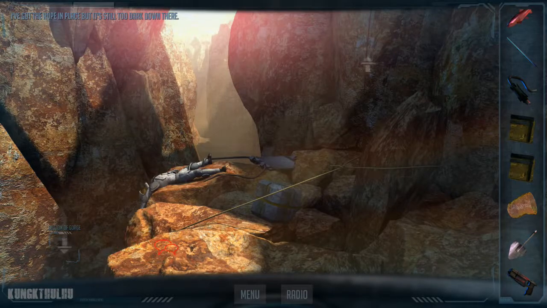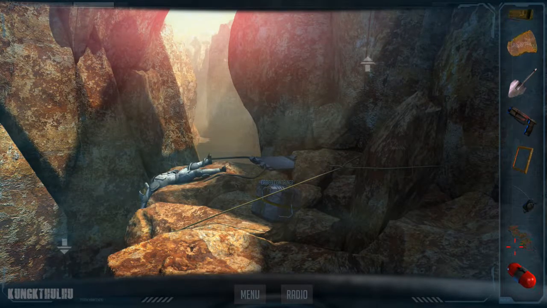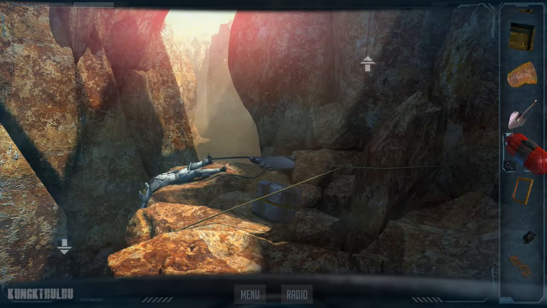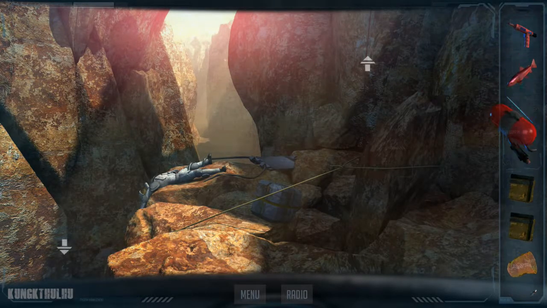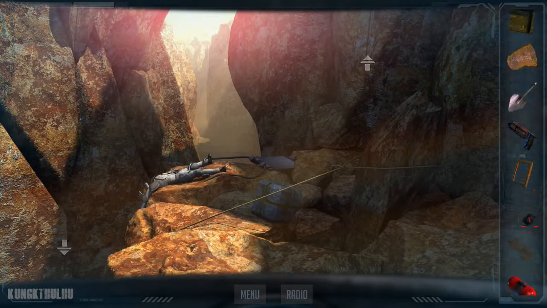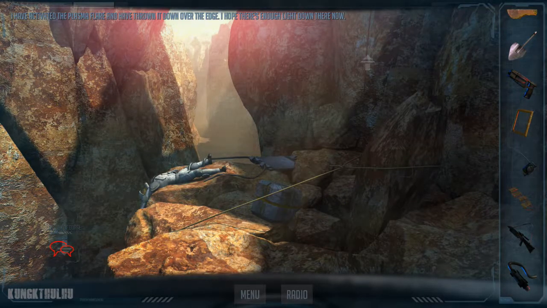I've got the rope in place, but it's still too dark down there. I have activated the plasma flare and have thrown it down over the edge. I hope there's enough light down there now.